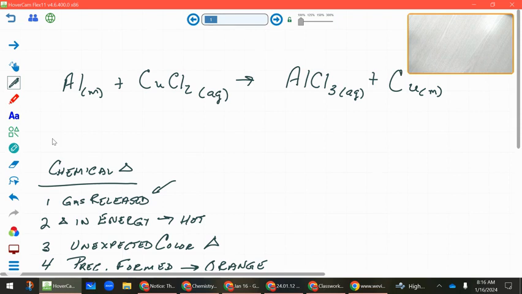This is aluminum chloride, ladies and gentlemen. What does AQ mean again? Dissolved in water. This is why your solution went from being blue to being kind of a darkish gray color, because there's a different substance dissolved in the water. And then this is copper metal. What color is copper? Orangish red. That was the precipitate that you saw at the bottom. You were actually making copper. Okay? So, metal, aqueous, aqueous, metal. If something was a solid, what would you put by it?